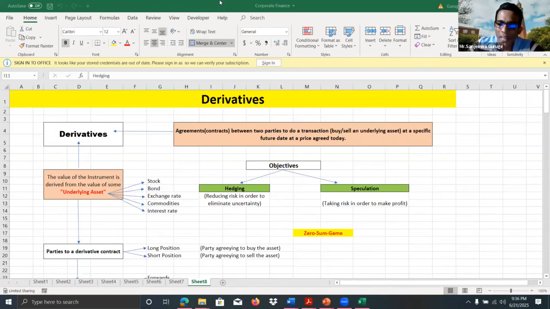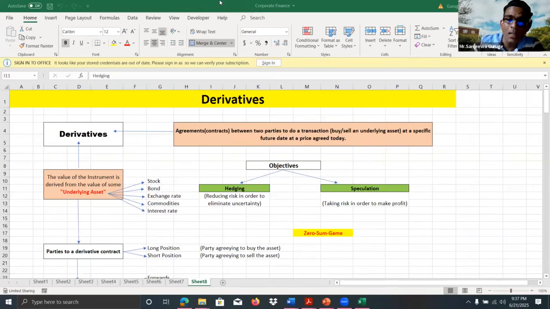Let me use a very simple example. As an organization, I'm going to buy particular equipment from another country, so I have entered into a forward contract with a bank. I want to buy $2 million in 2 months, so I entered into a contract to buy US dollars. I get the benefit from this contract if the exchange rate increases. That's perfectly correct. But if the exchange rate decreases, what will happen? I lose due to the contract.